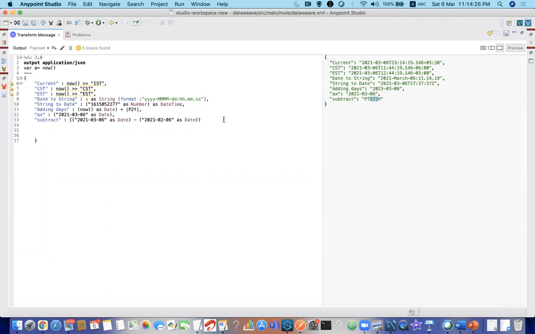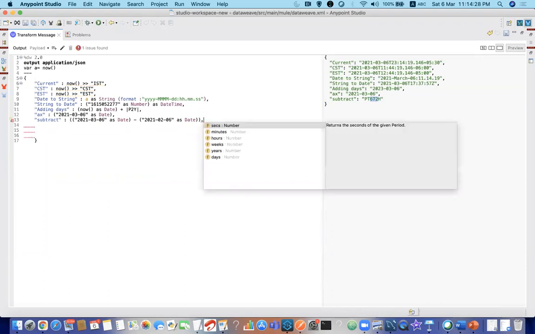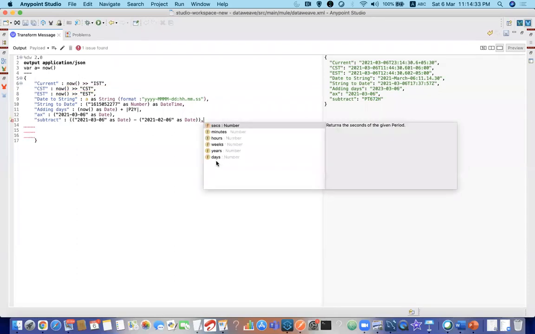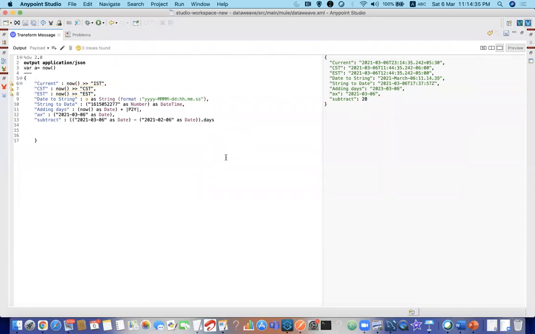But if I want to have it in days, you can just wrap everything within small braces and use dot days. Clear, everyone?